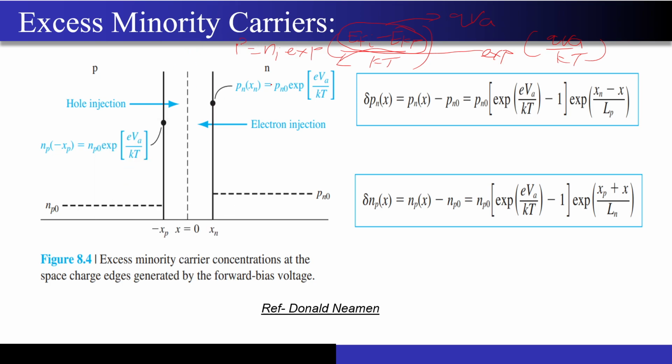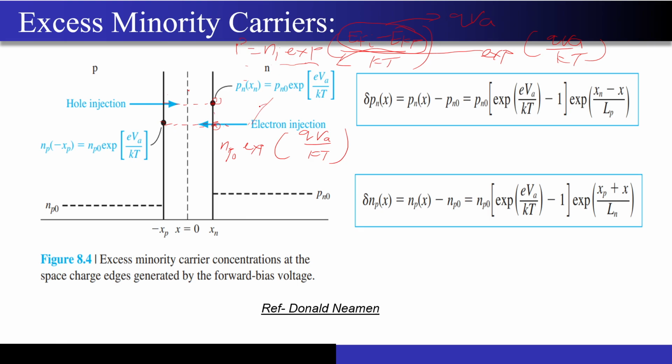See, actually, he was saying this. We have this concentration over here, right? And these electrons, the electrons that have been injected from here, it was assumed that there is no recombination and generation happening in the depletion region. Just forget about the last lecture, this is for the ideal PN junction, right? Generation and recombination come only when you have traps in the depletion region. Assume there are no traps. Now, if I write the electron concentration over here, it will be Np naught exponential of qVA by kT, right? This is the electron concentration on this side. This is the hole concentration exactly at this point, that is the edge of the space charge region.